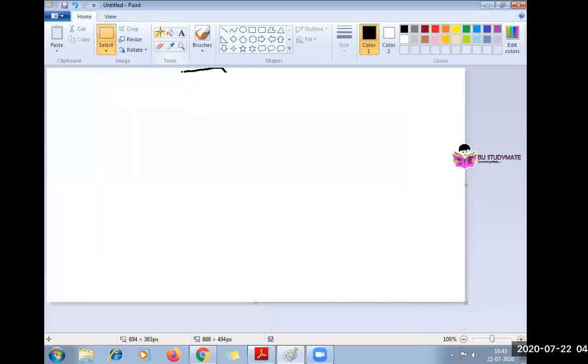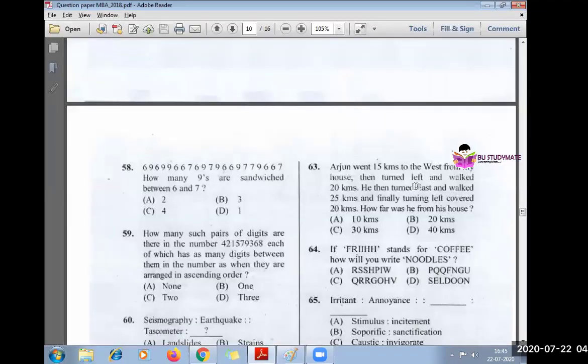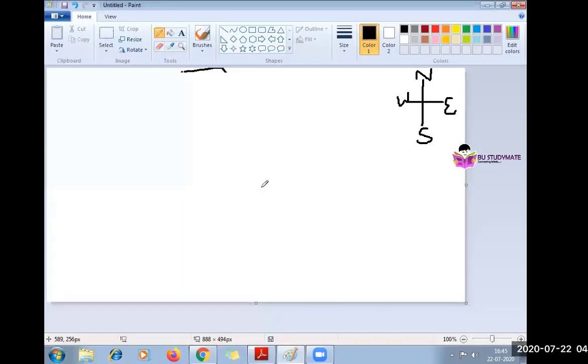Let's make it into diagrams. Arjun went 15 kilometers to the, again it's a direction related question, so we need to have a small direction chart: north, south, east and west. Arjun went 15 kilometers to the west from my house. So imagine my house is somewhere here. Let's take this as my house. Arjun went 15 kilometers west, in the west direction,